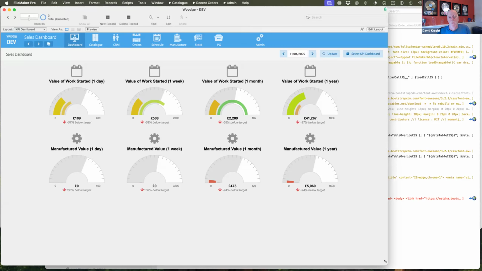Some of our smaller customers, not all of them use all of the software. A lot of them don't need the product catalog. They use it just for order processing management, so they're not generating individual components. So they use certain parts of it, but we found that lots of people need different parts of it.